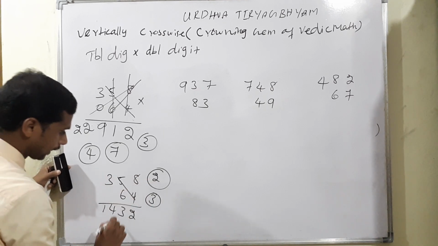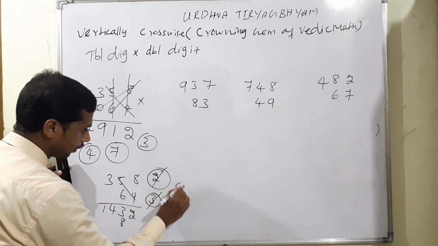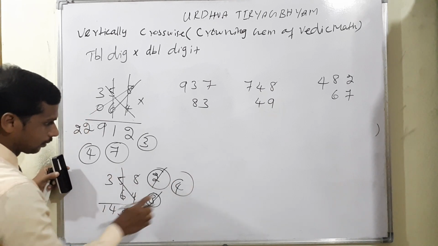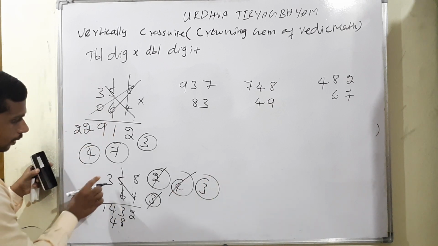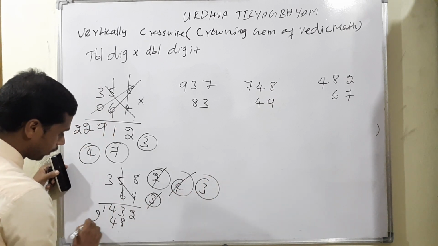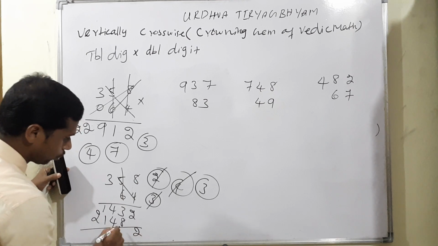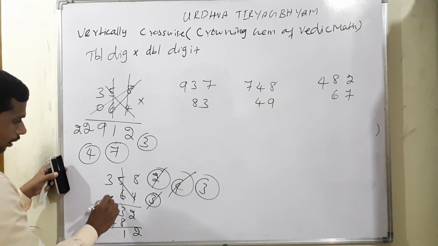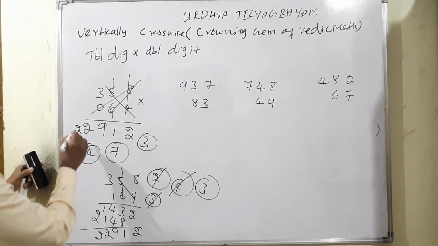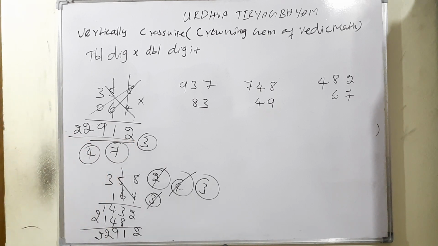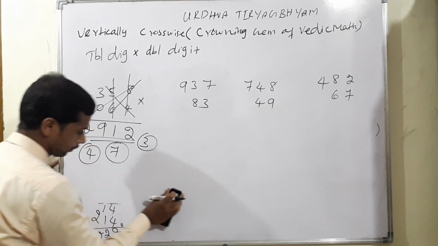Next number, 6 8s are 48. Again now carry 4. 5 6s are 30. 30 plus 4 is equal to 34. Now carry 3. Then 3 6s are 18. 18 plus 3 is equal to 21. Look at there, 8 plus 3 is equal to 11. Now 1, 9, 2, and 2. Double 2, 9, 1. So, proved, no? This is the way. Okay, I am moving to the next question.